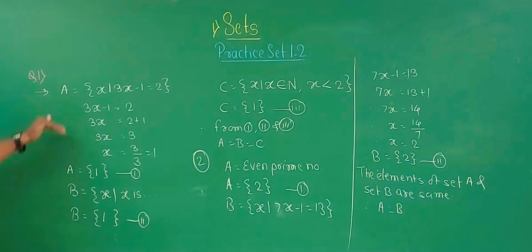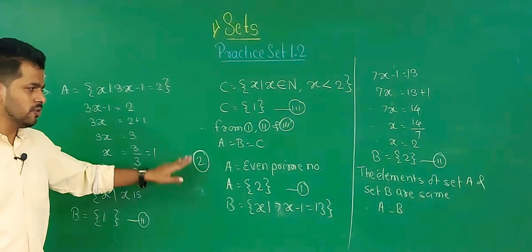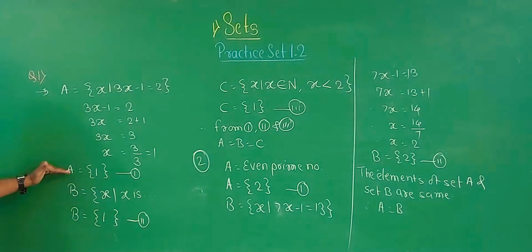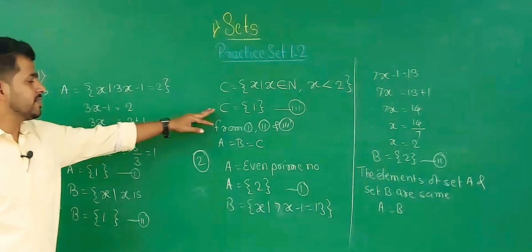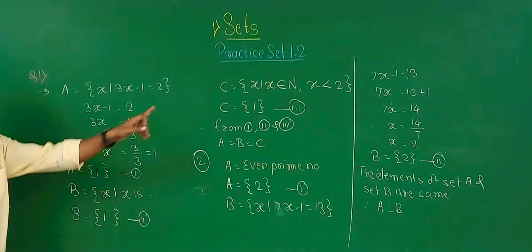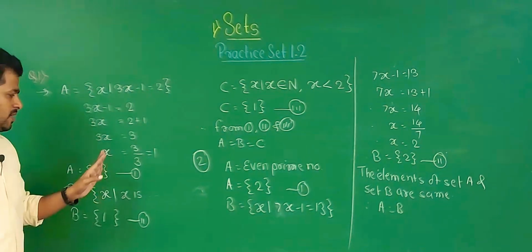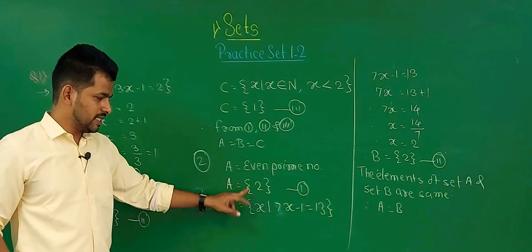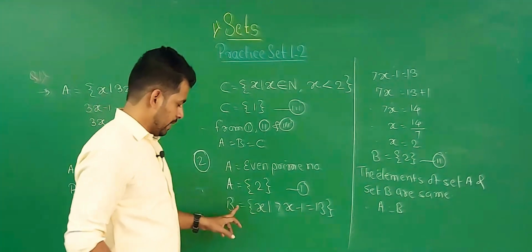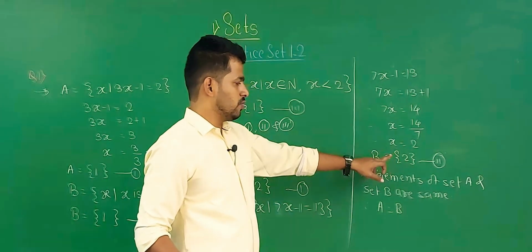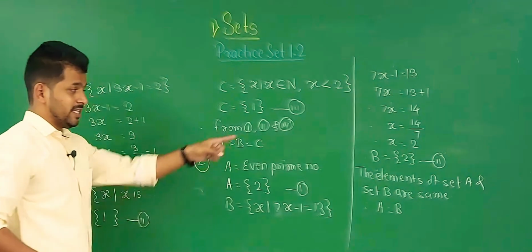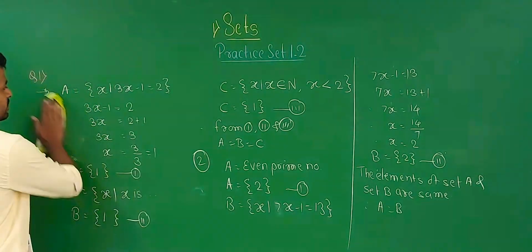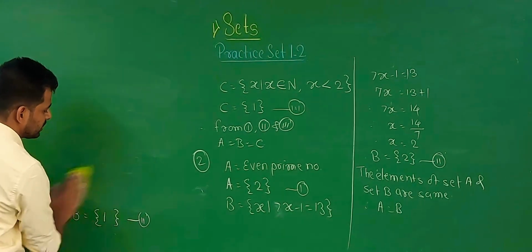Okay, the same type of question is there in question number 1 and question number 2. It is given in rule method form. First we have to convert it into listing method, then we decide all the elements. Here 1, here 1, 1. That's why all elements are the same. Therefore sets A, B, C are equal. Even prime number, that is 2, is the only even prime number. Then B is equal to 2, that is x is equal to 2, that is set B is equal to {2}. Okay, so let's see the next example, that is question number 3.